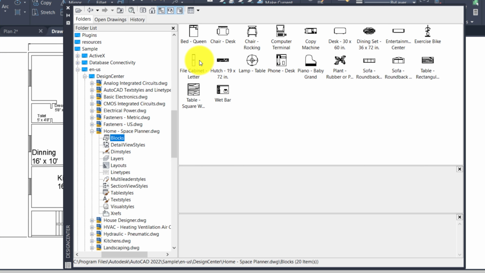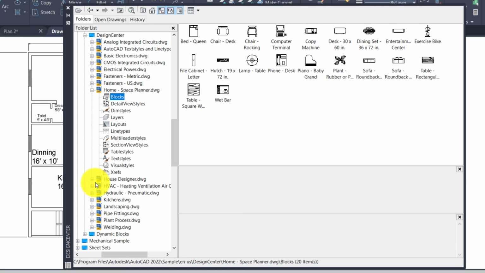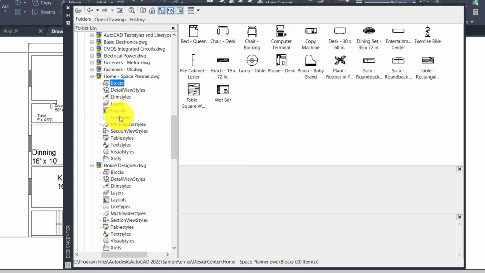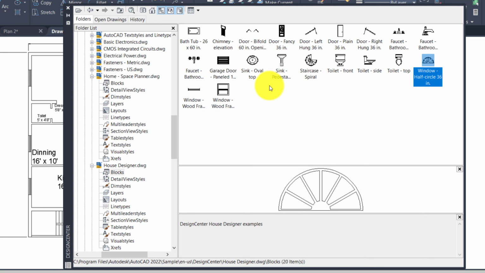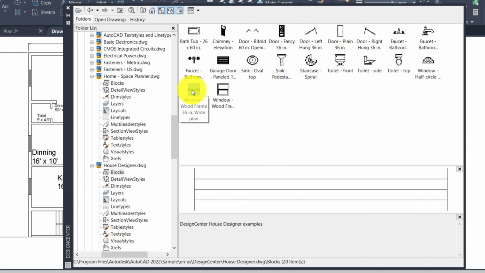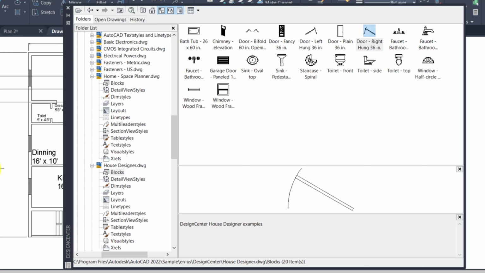You can see the standard or commercially used, frequently used components are drawn and given for us. So bed, chair, everything. We want house design, so let me go for house design and check these symbols. See here, door and window symbols. So this is a window symbol, we'll take this one. Just pick and place. Similarly, door, pick and place.